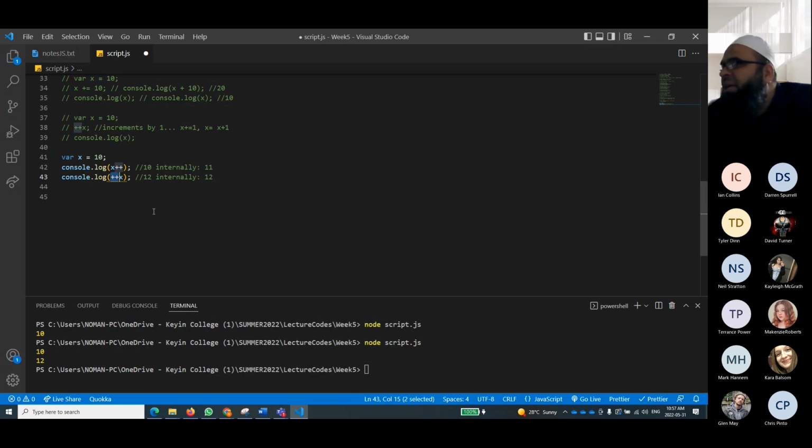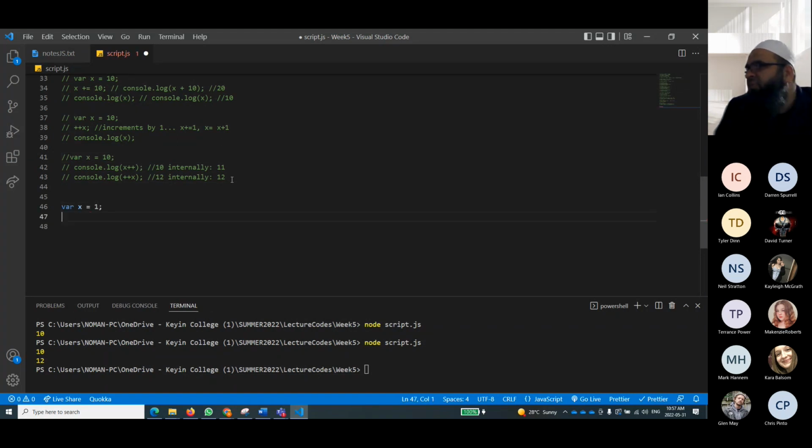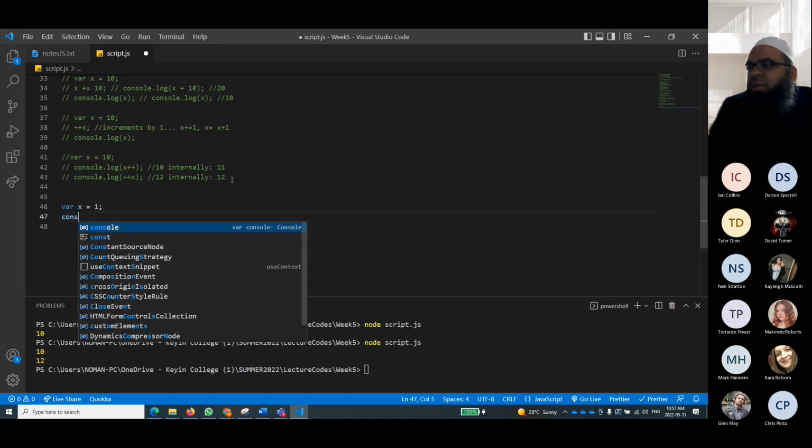Now, I would like some statements and I would like you to just give me the output of that one, without running the program. Please don't run the program. Rather just give me the output. So for example, let's make it a comment as well. You understand that var x is equal to 1. I'm starting with 1. So console.log